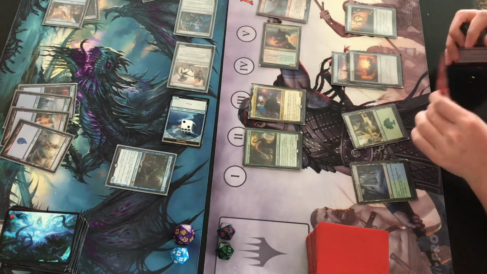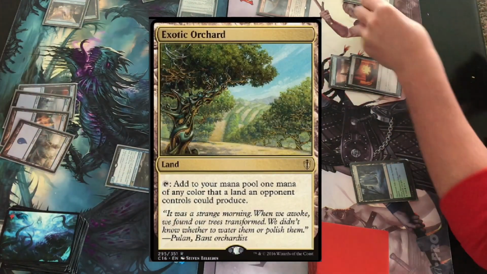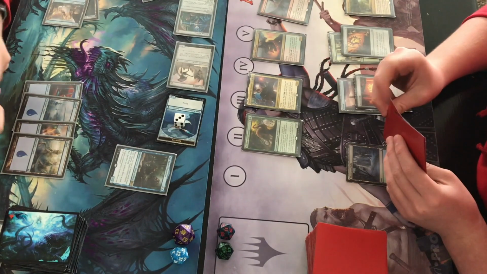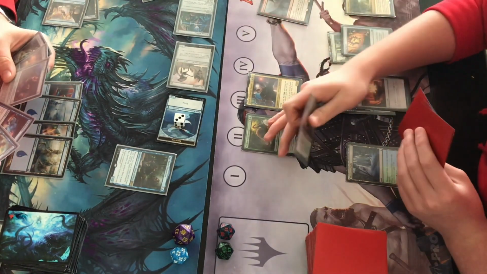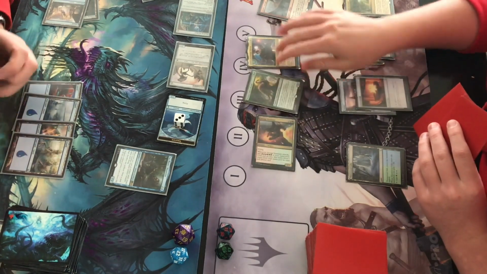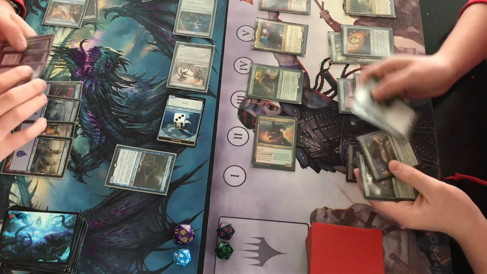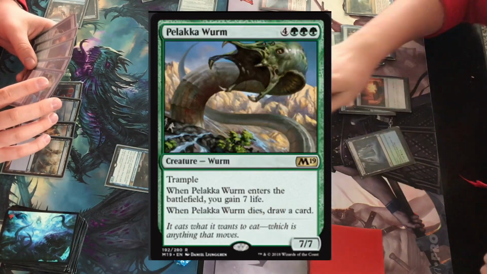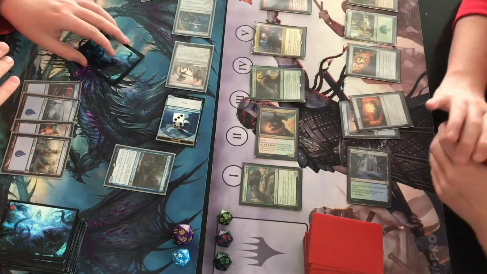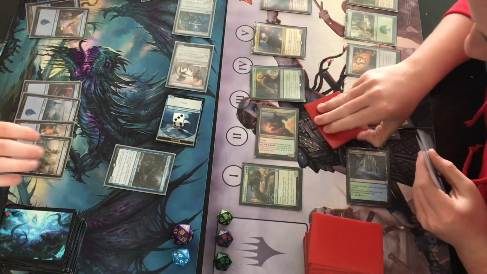My brother untaps and plays an Exotic Orchard as his land drop. He then attacks me with Savage Ventmaw. I take the hit, and he uses the mana to play a Pelakka Worm, gaining 14 life. He passes the turn. I draw my card for the turn, untap,